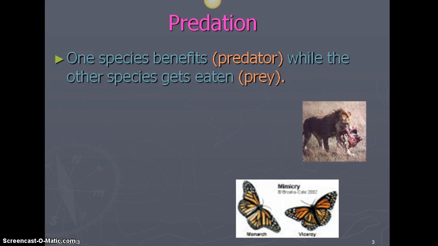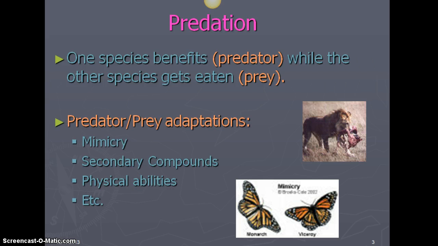Predation is when one species benefits and the other species gets eaten. So we have a predator-prey relationship. Predator-prey adaptations are things like mimicry, secondary compounds, and physical abilities. So I'll give you a couple things here that you can write into your notes packet if you are doing that. So mimicry,